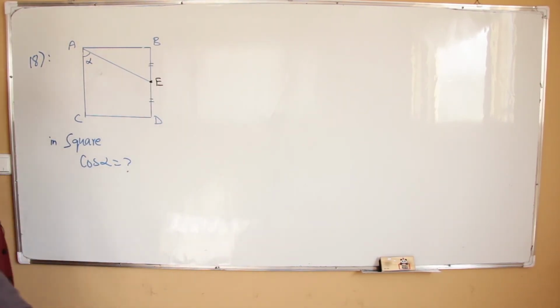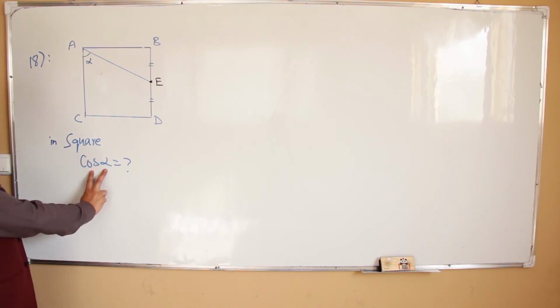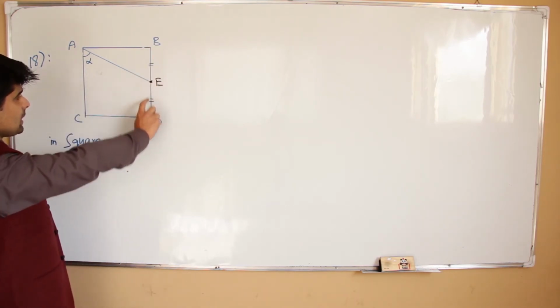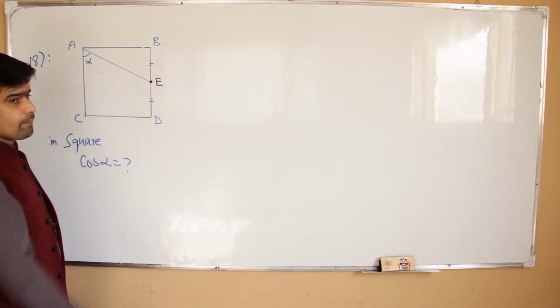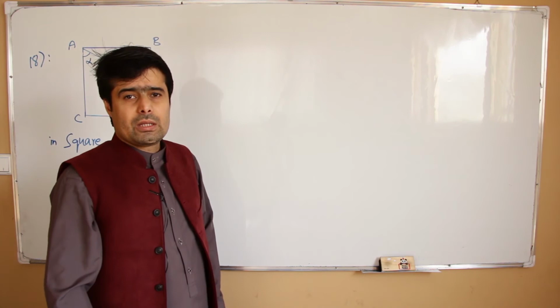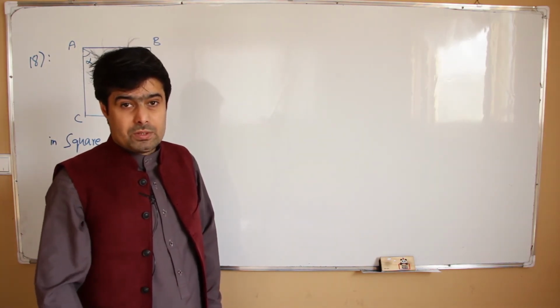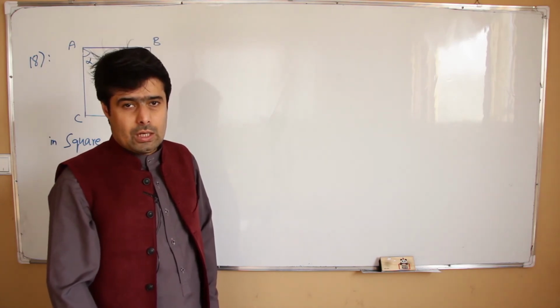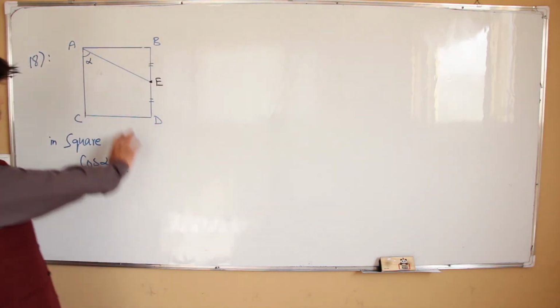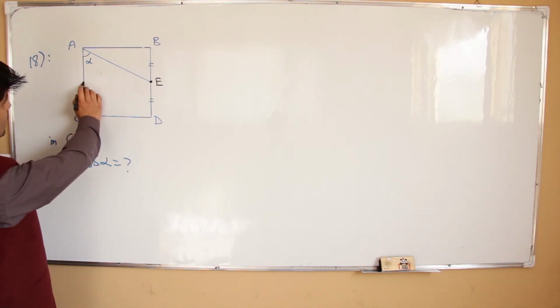Question 18. ABCD is a square. What is cosine of alpha? This side, B up to E and E up to D, they are the same. One thing you know, if you want to define every trigonometric ratio, then the angle must be located 100% in a right angle triangle. So alpha is not located in a right angle triangle, but if we make a perpendicular line here,